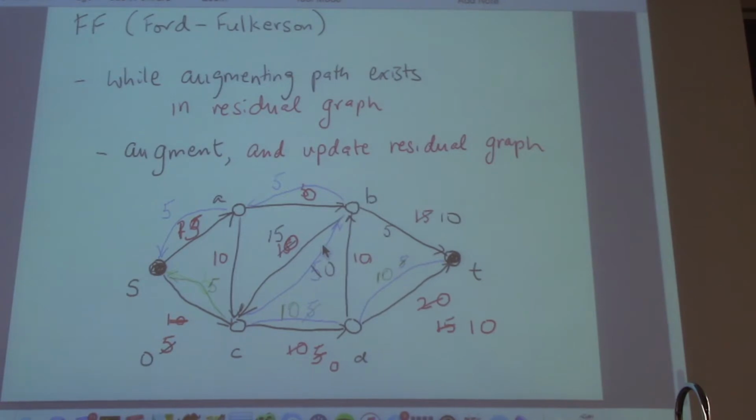So a question: does augmenting path just mean somewhere where flow can continue from source to sink? That's right. Any path from source to sink that has capacity on it to push more flow is an augmenting path. We didn't say anything about what kind of paths these are. We don't care. That's the beauty of this algorithm. As long as there's some path, just augment along it. How would you find a path from source to sink in a directed graph? What's the easiest way you might go about doing that, or check if such a path exists? Like breadth first? Yeah, BFS would be fine. Just go through and find it.